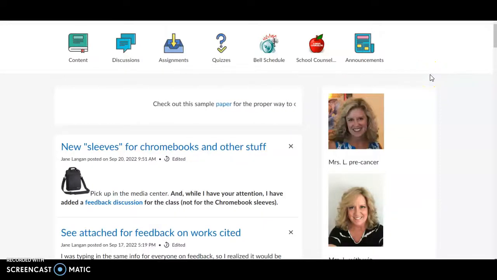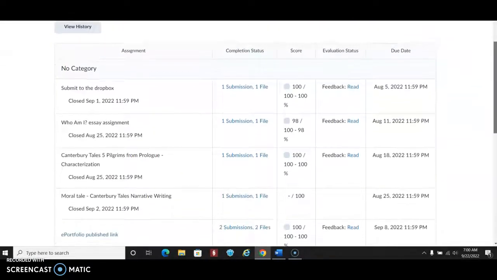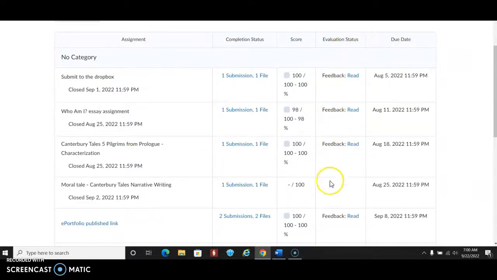Just wanted to make sure that everybody knew how to access their feedback on assignments. So in order to do this, I have to go in as a student. My view is a little different than yours. So I'm in as a student right now. And so to see your feedback on assignments, you go to assignments, and over here on the right side of